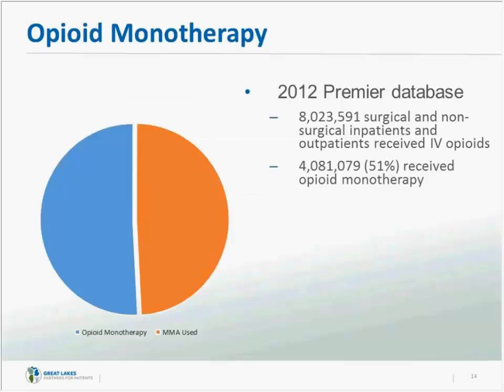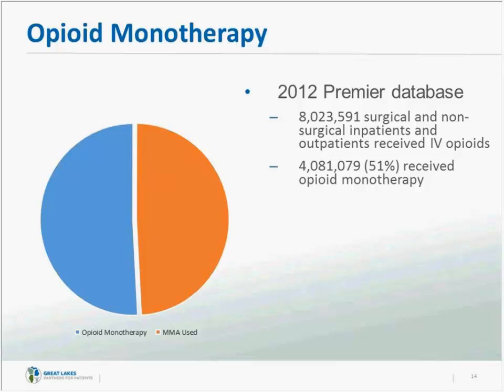So first off, let's talk about opioid monotherapy. Premier is a group purchasing organization that keeps vast amounts of information about hospital prescribing patterns. And this was an analysis that I published as an abstract at the Postgraduate Assembly of Anesthesia last year in New York, which looked at 8 million patients in 2012 in all of the Premier hospitals that received opioids for pain. And if you looked at the patients who received IV opioids, just over half of them, 51%, received opioids